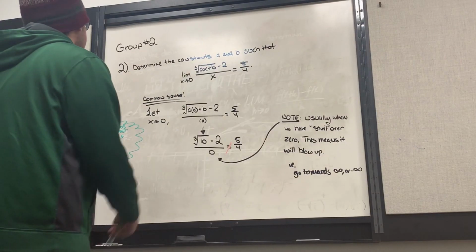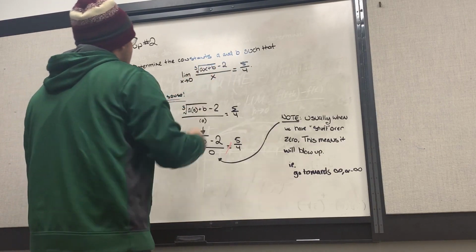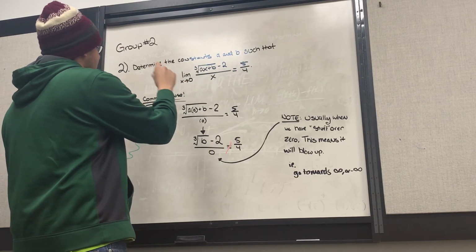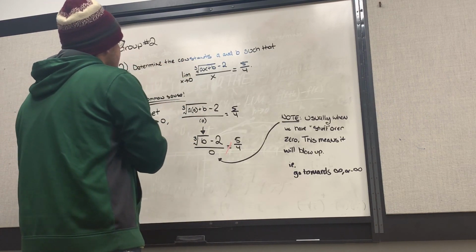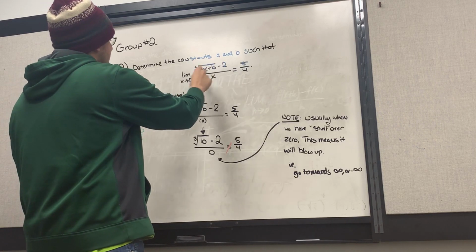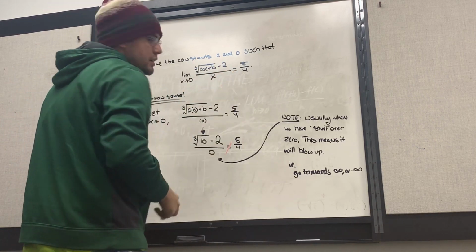For part 2, it says determine the constants a and b such that the limit as x approaches 0 of the cube root of ax plus b, minus 2, all divided by x, equals 5/4. So the first thing we're going to do is